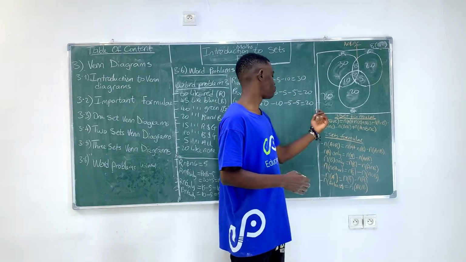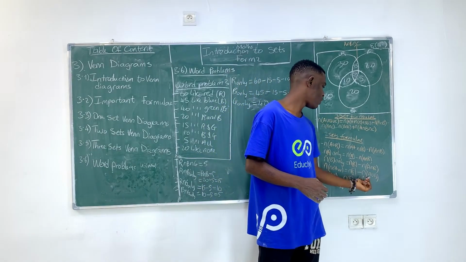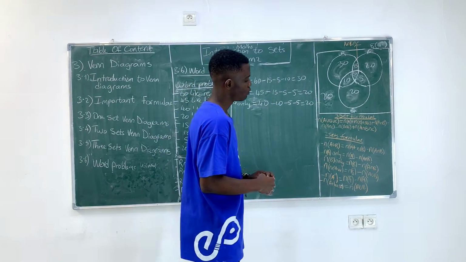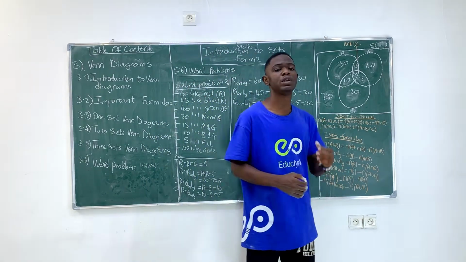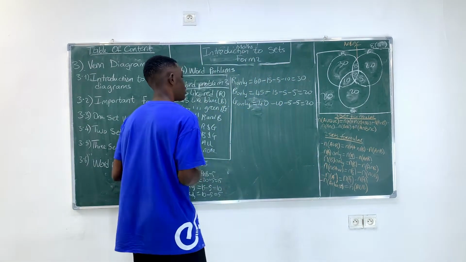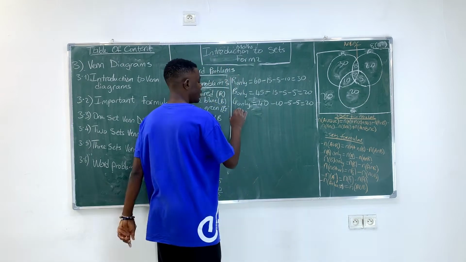We have the neither, so we're going to use this. We have A and B. For a 3 set, it should be A and B and C and everything. So we know that neither